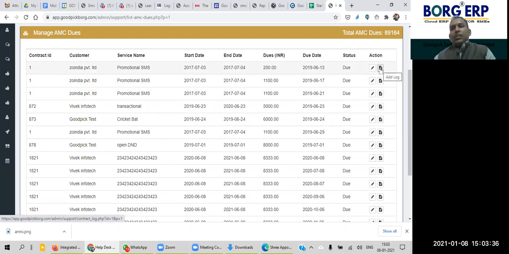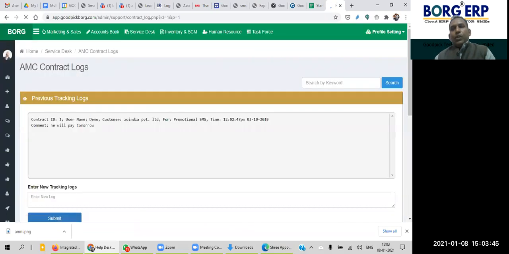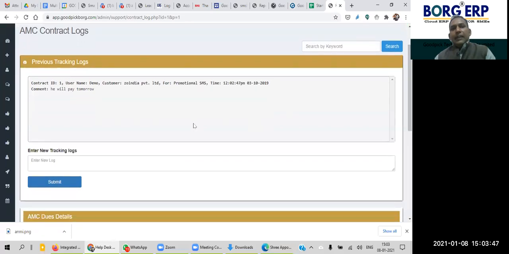He is following that particular company for that due amount, so he will click here and put the follow-up logs, so that you can be assured, if the amount has not been recovered, what the reason was, and how much effort that person is putting in to collect the money from the customer.